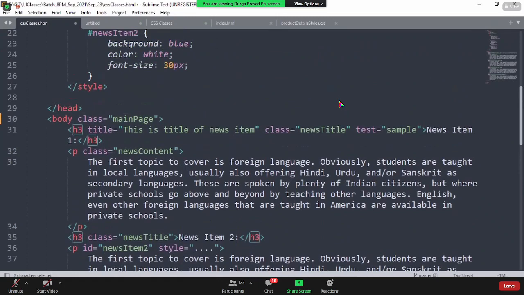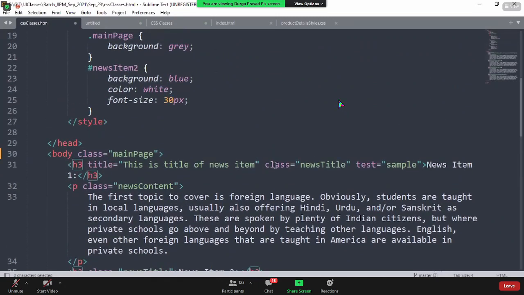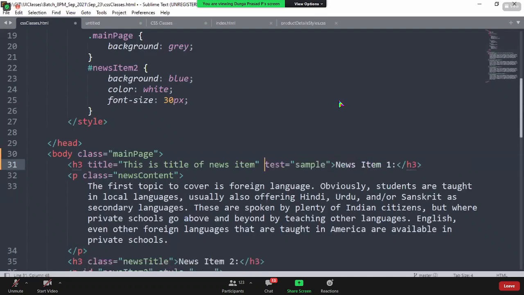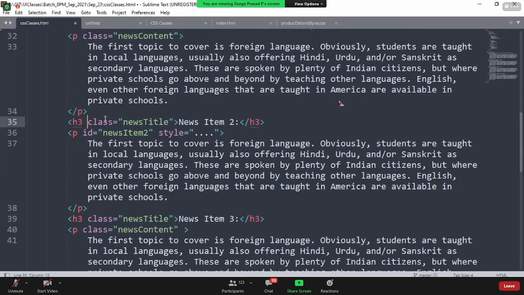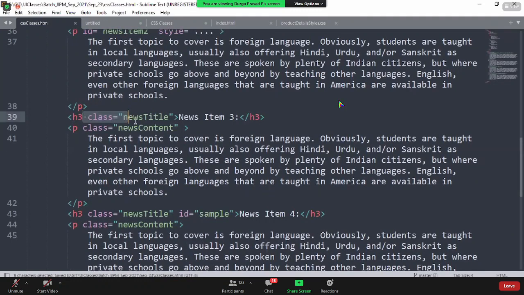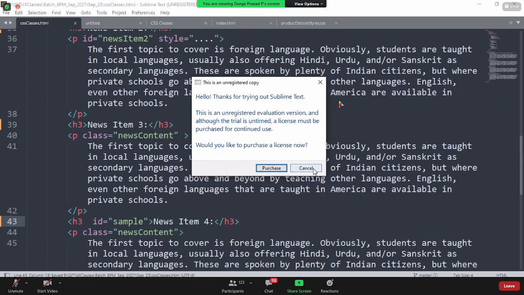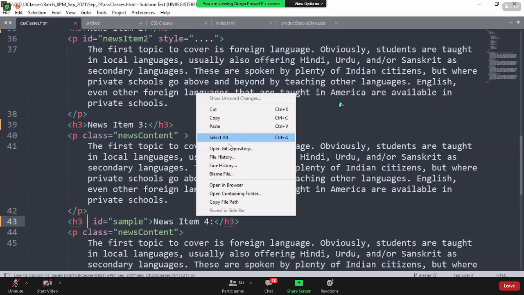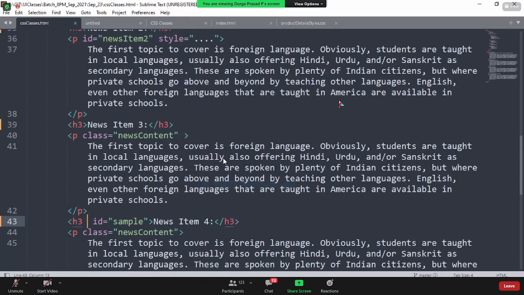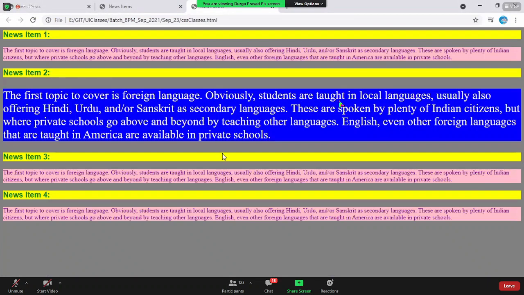Now, what is the advantage here? You don't need to specifically mention a class. Earlier, for every H3 tag we added a class called title. Now I don't need to do this. I can simply go here and remove it, keeping only the tag name. That's it. Now if you save this, come back here, right click, and open in the browser, you see it has the same look and feel.